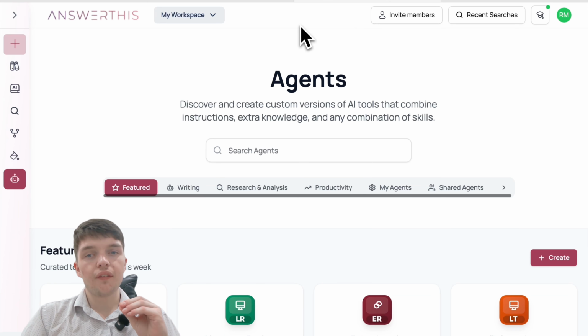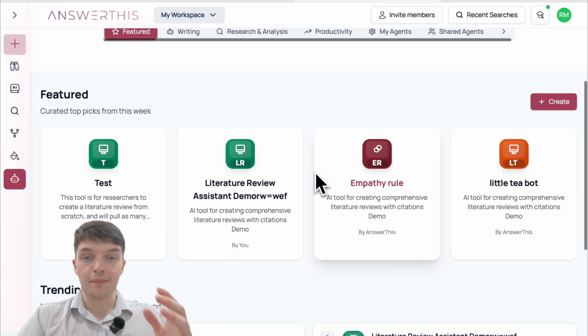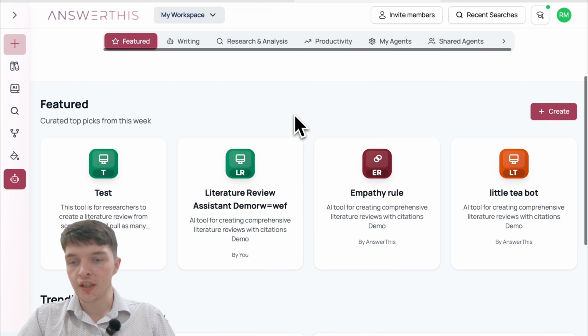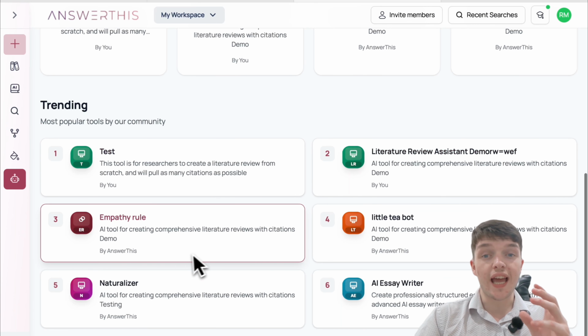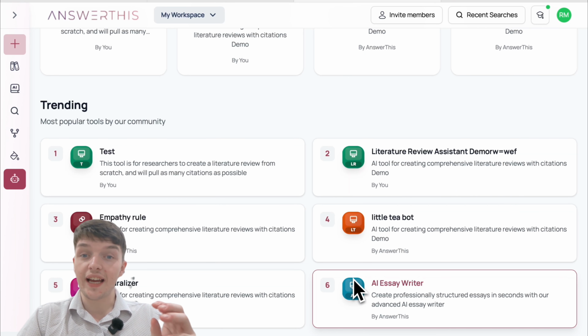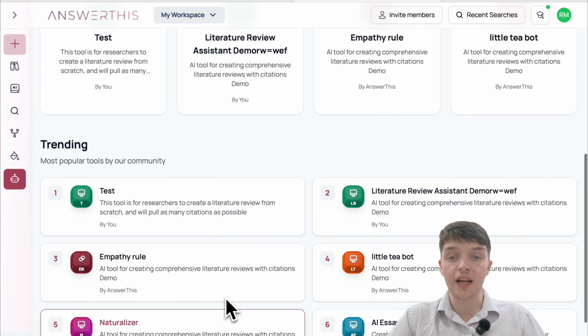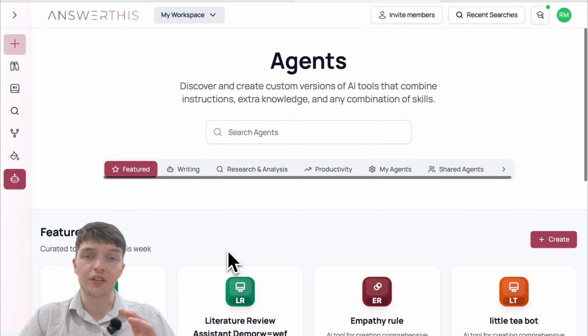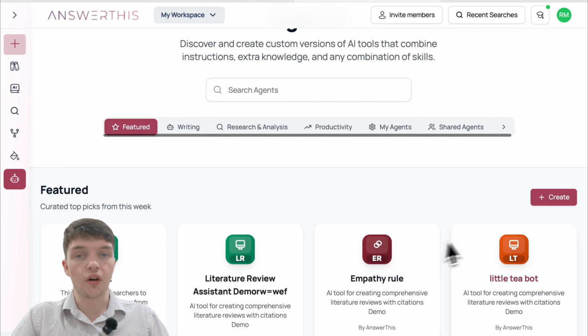And finally, we have the agents section. This is one of my favorites and underutilized, in my opinion, amongst researchers. If you scroll to the bottom of this page, you can see different tools, such as the empathy tool, which is used for peer reviews. You can use the AI essay writer to create essays quicker. You can use the naturalizer to change the tonality, and so many different tools you can discover here. And if none of them fit your cup of tea, then you can also create your own agent by pressing